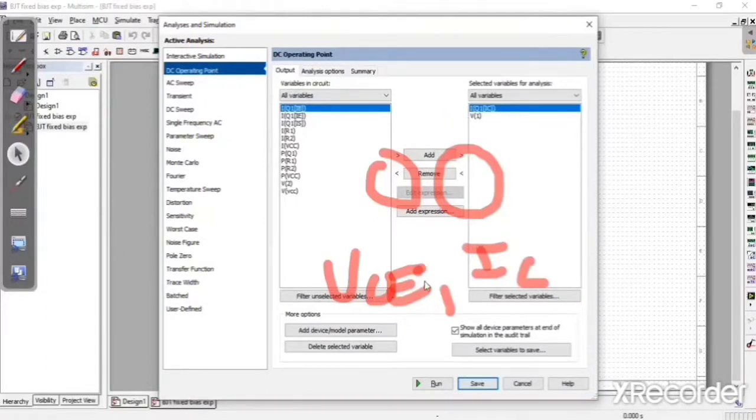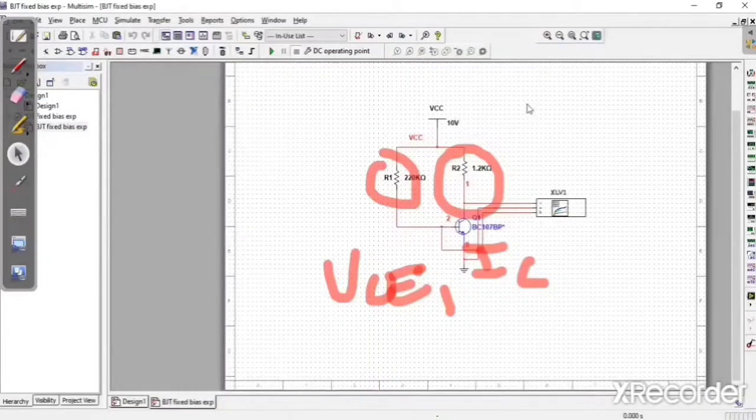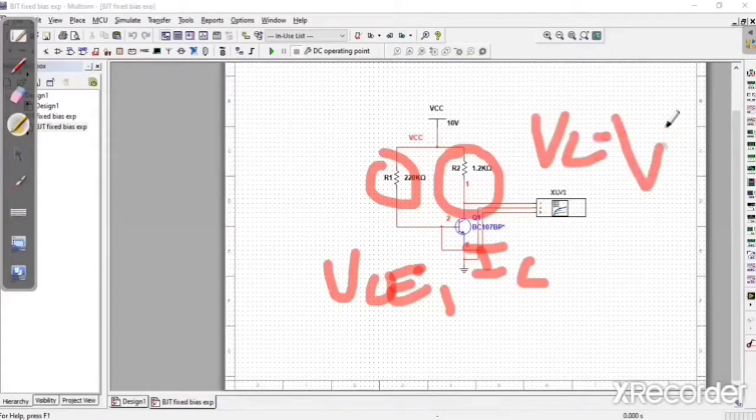Then for VCE, we already saw that VCE is VC minus VE. Here VE is 0, so the VC alone is enough.